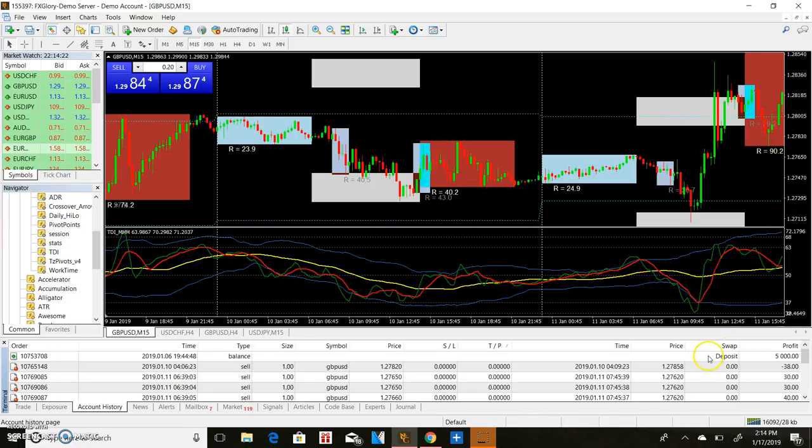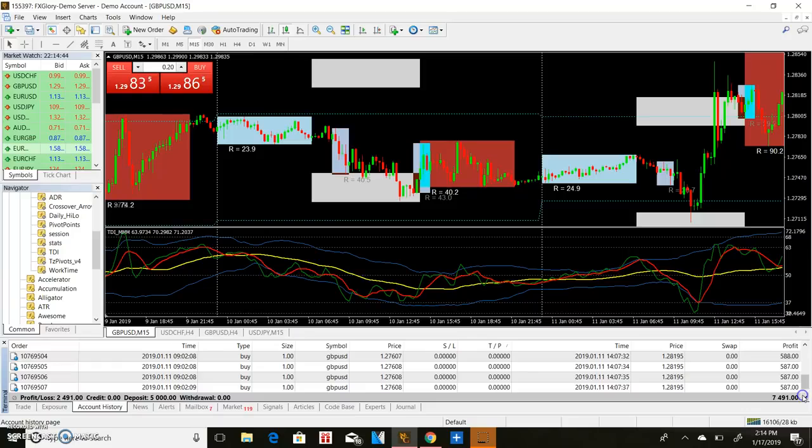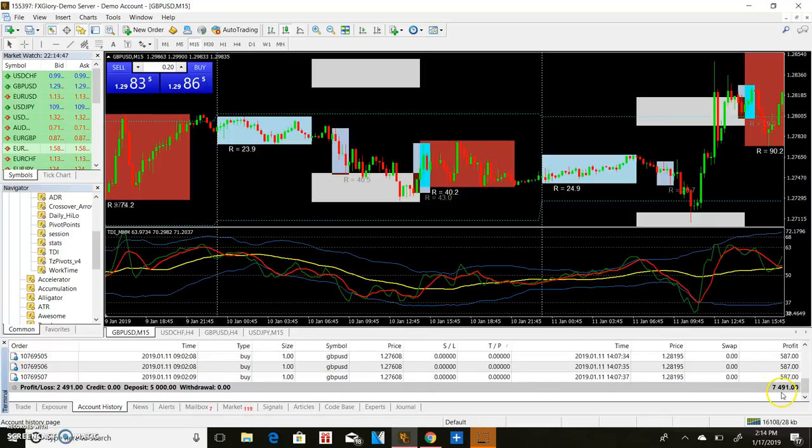But like I said, when I first opened up the demo, it was at $5,000. So I started trading. I lost this first one. I lost $38. But then, as you can see over here, I won $30, won $30. And then the profits start getting serious. Then 140, 140, 140. Then I won 588, 587, 587, 587. Now the account is at 7,491, y'all. So this is just a demo, but I'm gonna trade some real live stuff for y'all and let y'all see. But I made $2,000 as y'all can see right there. But other than that, that's the